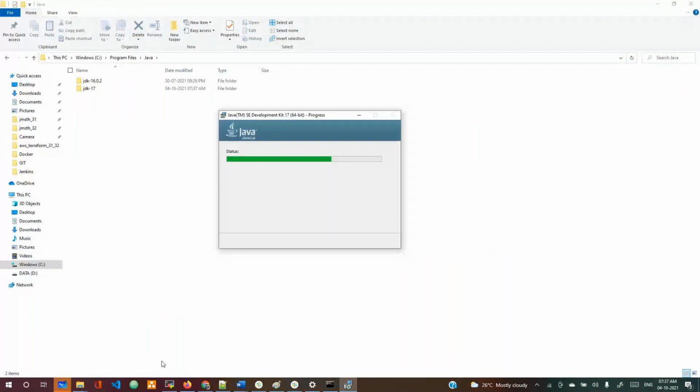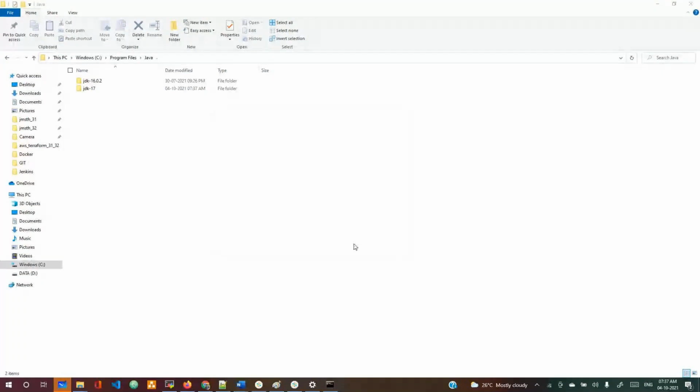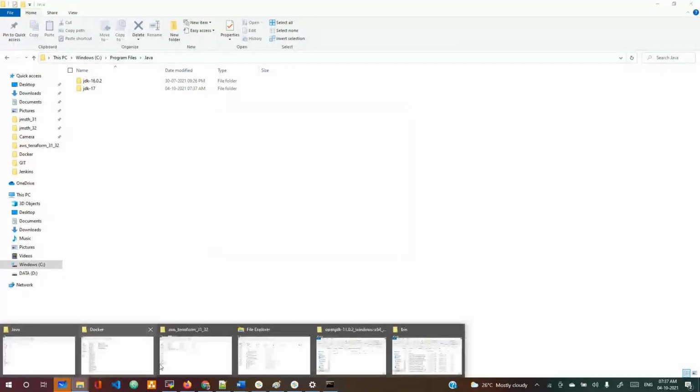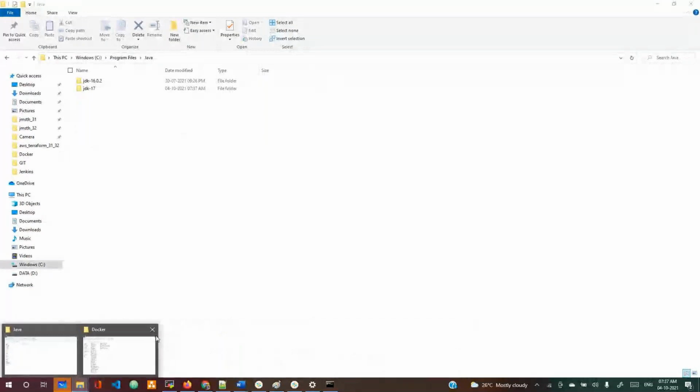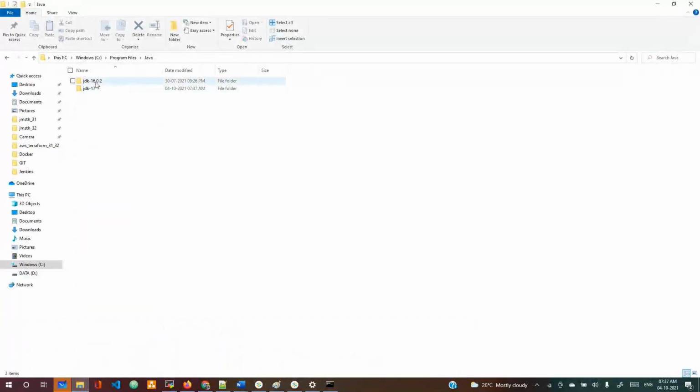Java 17 is installing now. Now it is done. See, successfully installed, and then close. Once it is done, you can go and see that. See, earlier it was one folder, right? Now another folder came. Now we can set up JAVA_HOME as this. JAVA_HOME is this. Now where do we